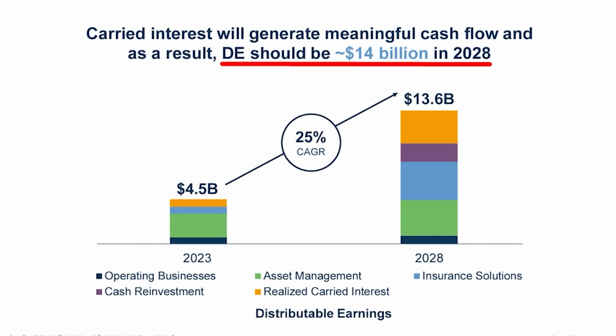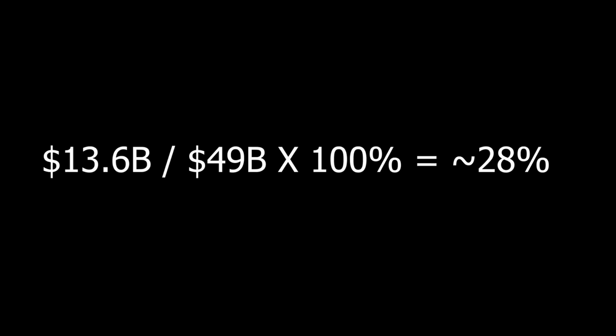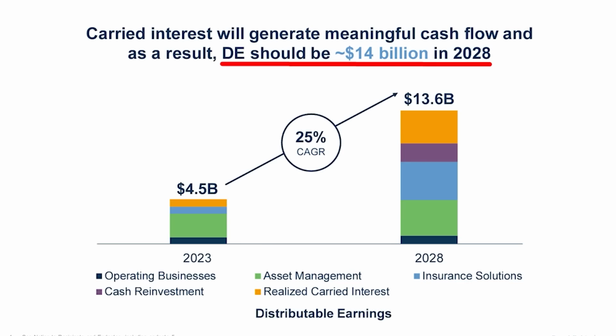Moving on to the next slide, this says, carried interest will generate meaningful cash flow, and as a result, distributable earnings should be $14 billion in 2028. So basically, distributable earnings or free cash flow should be $13.6 billion in 2028 alone. On today's $49 billion valuation, this is a 28% return in cash to shareholders in just 2028 alone. If Brookfield can hit these projections, then that will be an insane return to shareholders over the next 5 years,